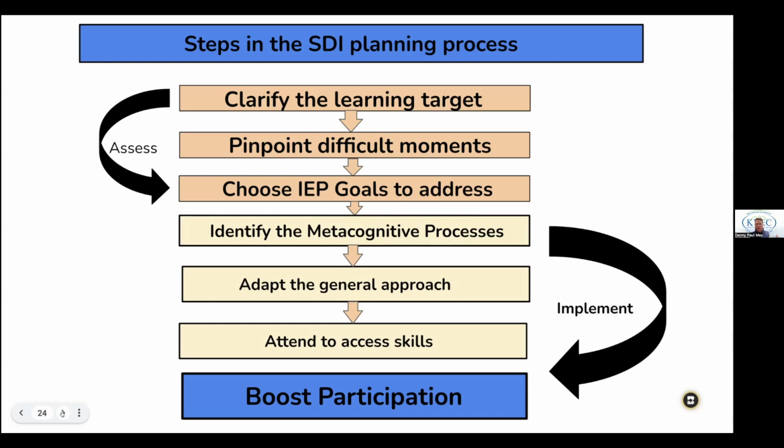So this is the overall process: pinpointing difficult moments in the lesson. We all know that when we teach a lesson, if we're teaching fifth grade and we're teaching main idea, and we've taught that year after year, we know that general ed students and special ed students have difficulties in certain places with that very difficult task. So when we can pinpoint those difficult moments, and then capture what a successful learner does, and teach that to our students through specially designed instruction, then we've done something different that is going to make a difference.